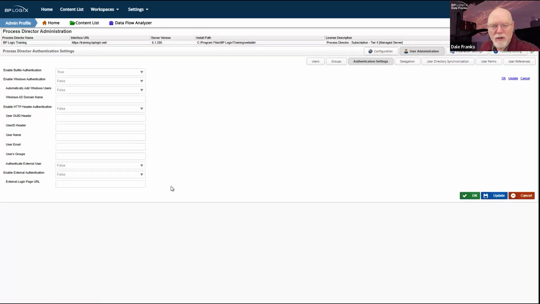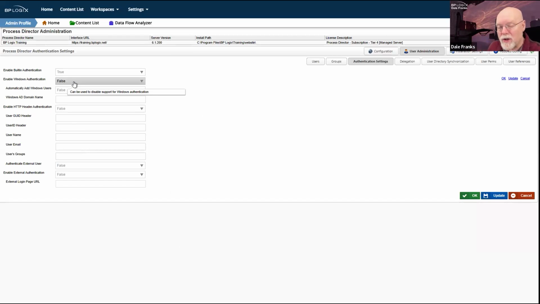Authentication settings. This is where we determine how people access the system. Again, for most of you, this is going to be utterly irrelevant because you're already using either SAML or Windows SSO or something like that. Certainly on the cloud system, SAML is by far the most common authentication method. If you're an on-premise customer, which I recognize that the vast majority of you are not, then this might become relevant because you have the ability to turn on Windows SSO and enable Windows authentication.